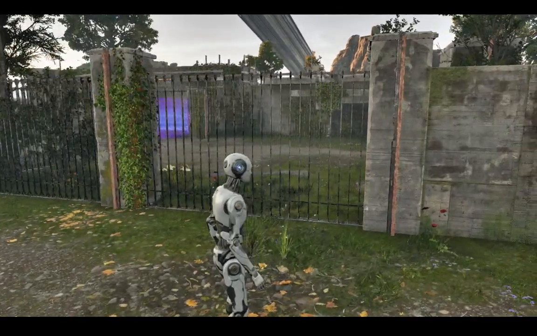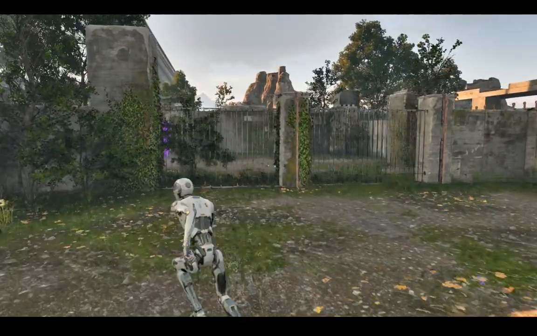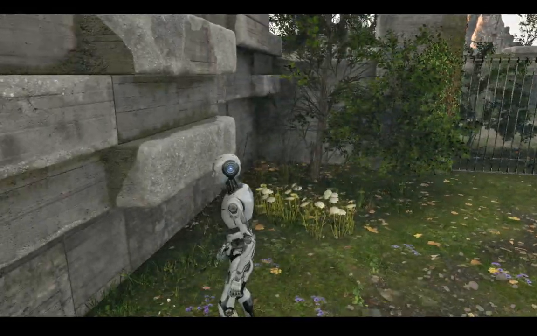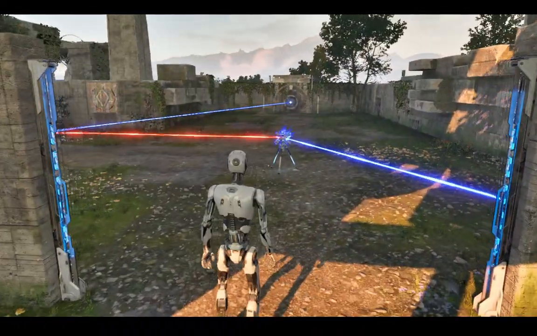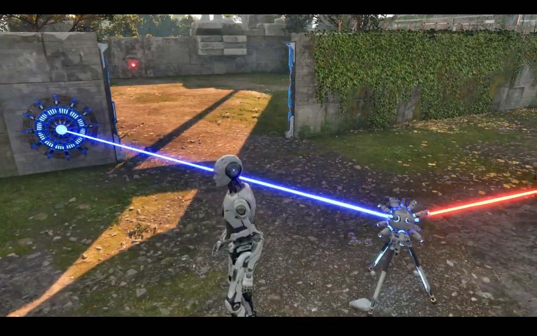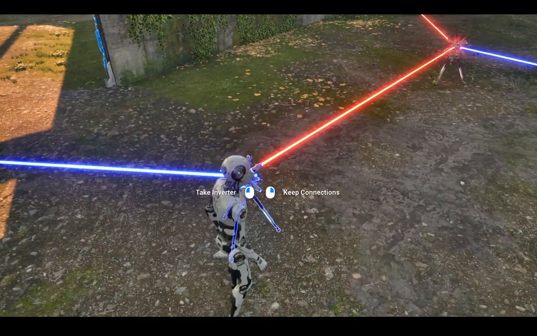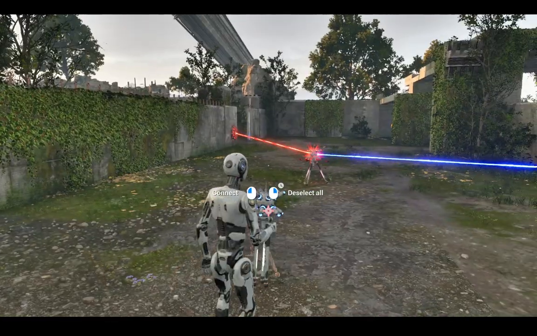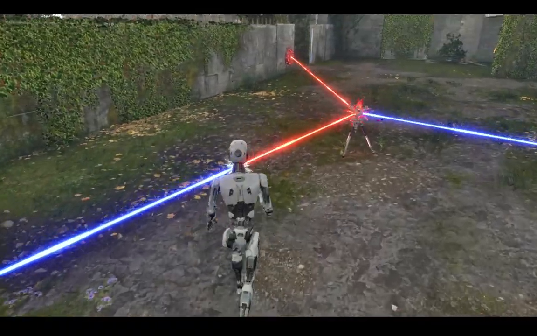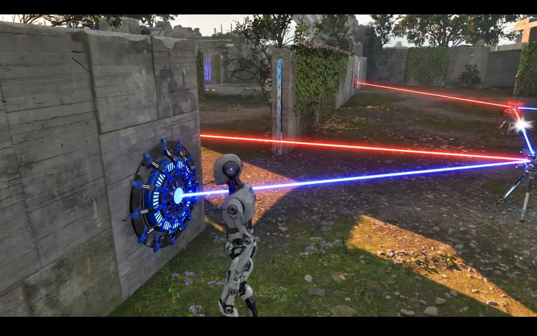Okay. Man, I'm so bad at remembering whether or not I can shoot through these fences. They look like I should be able to shoot lasers through them. So, I'm gonna assume that I can. So, what I want to do is this. I want to grab this one and connect it to both of these things. And now that will stay open forever. And I'm going to put this one...